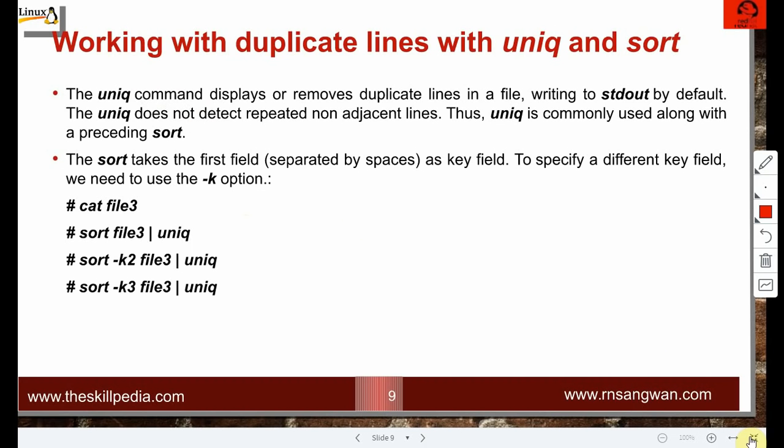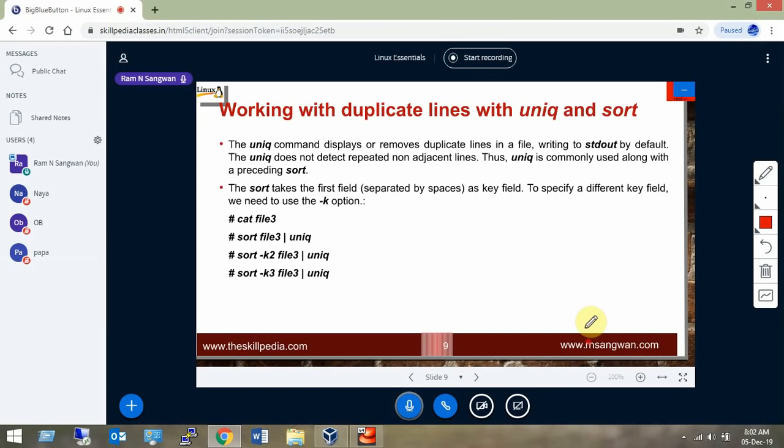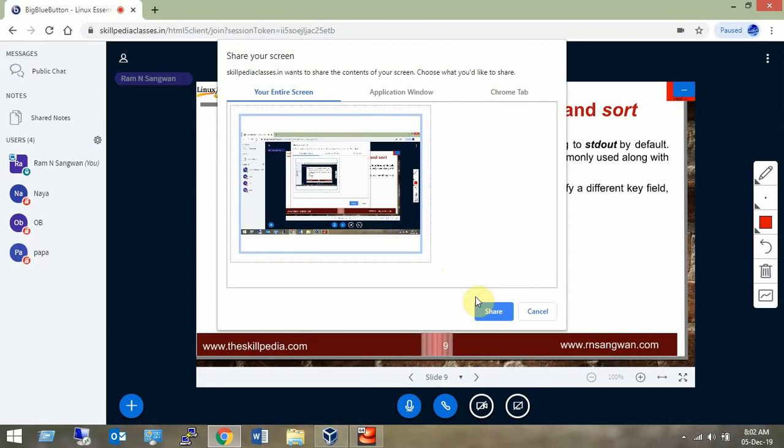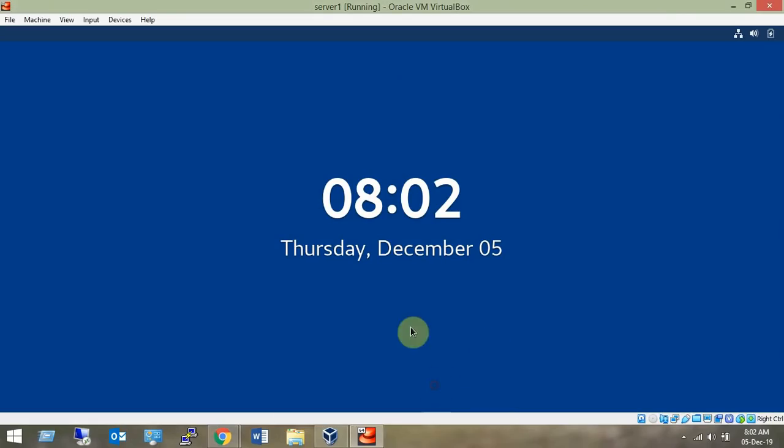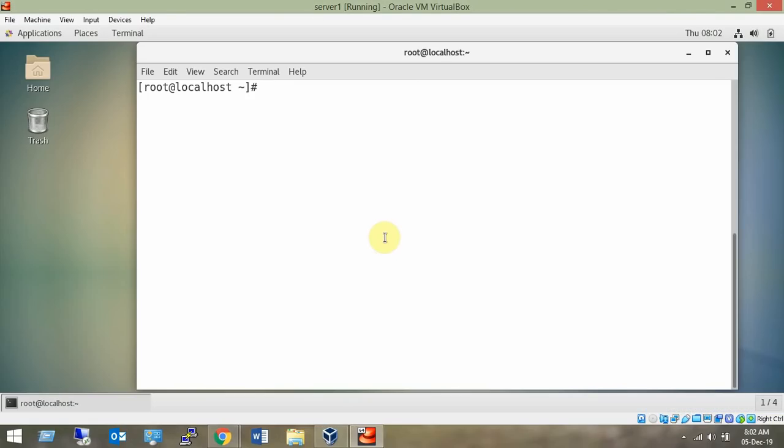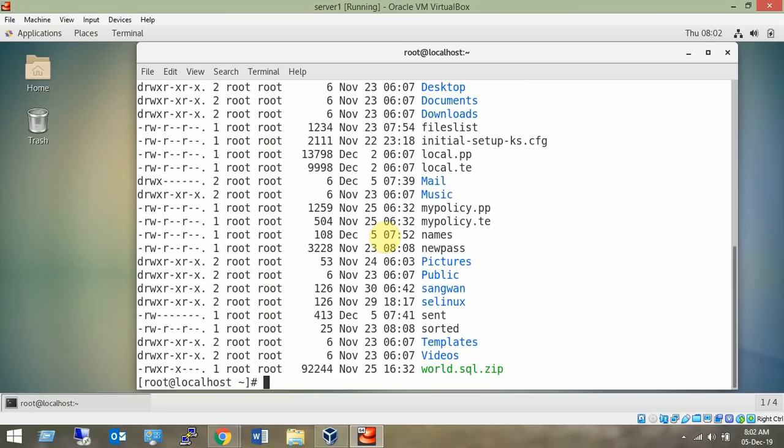I think first let's do some examples that make sense before proceeding. We need to see some of the commands which we have discussed so far. Okay, ls -l. What is the size of our new password file? Oh, this is a good one. It's 3 KB, so let's make it 1 KB each.